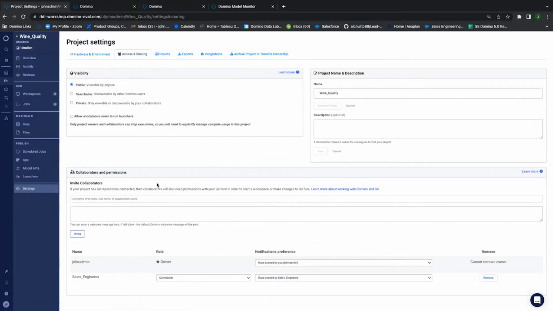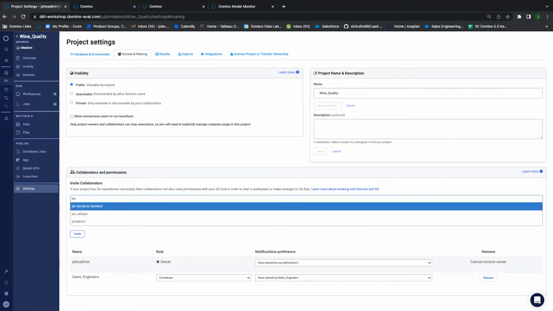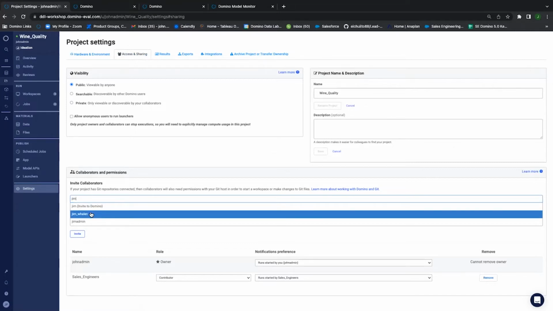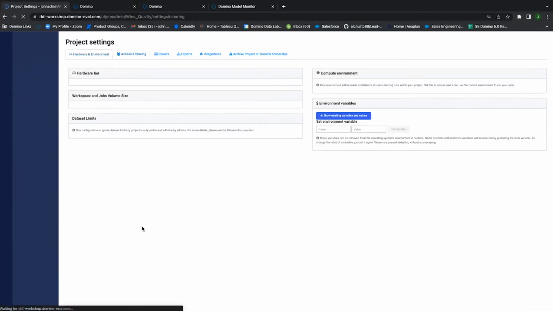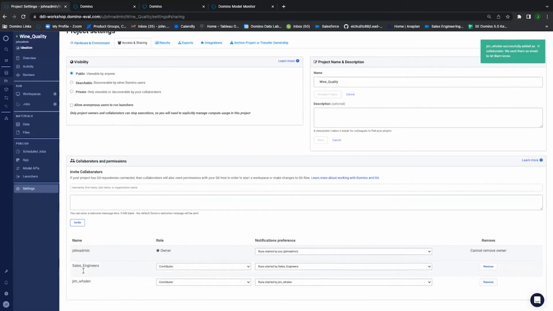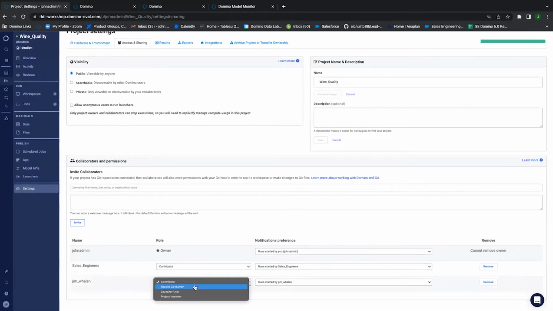Where it says access and sharing, I can add users in here if I need them to work with me. If I start typing users that exist in the platform, or users that are collaborators with me, I can just click on their name. Well, correction, in this case, they're not collaborators. They will be after I select these options, but we'll show you all the users in the platform itself. I can click on the name, click invite, and now there'll be a collaborator working in this project. And you'll see it show up where now they're a user in the actual project itself, and they have a role that I can assign them, depending on the type of role I want to give them, that we offer here at Domino as part of the platform.